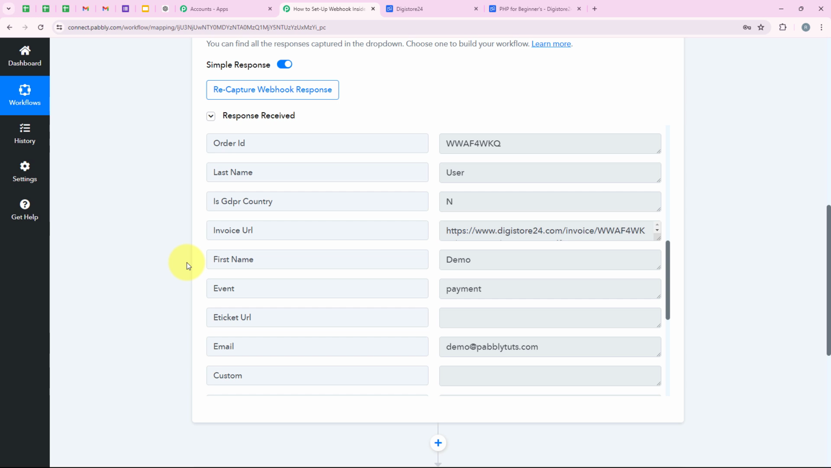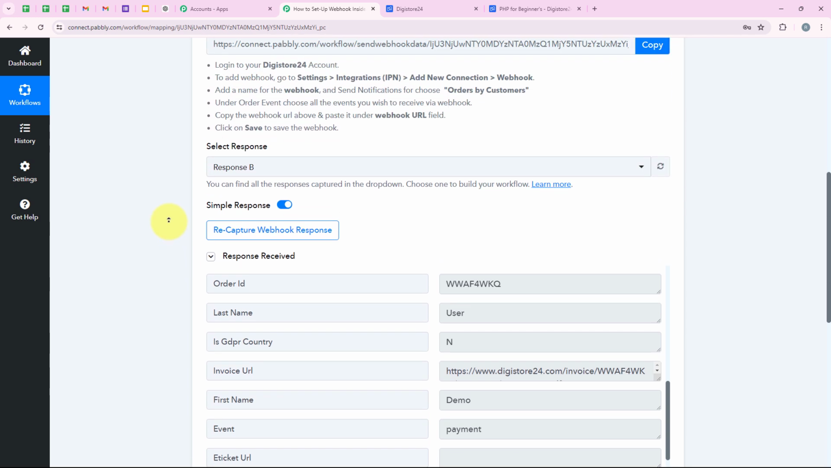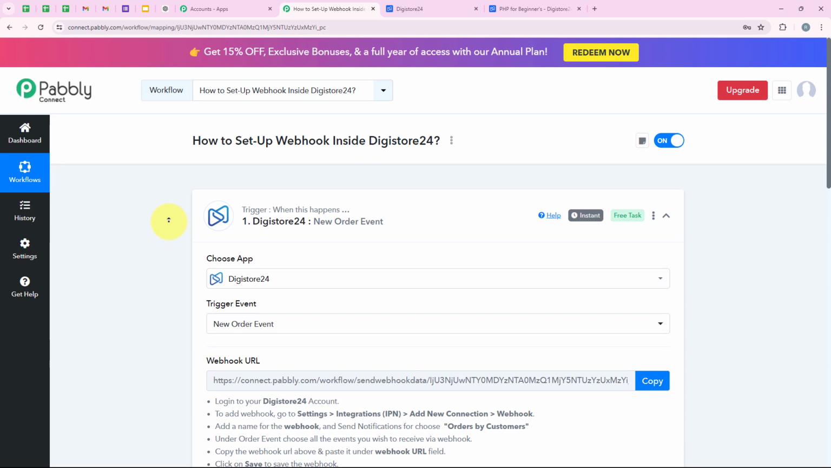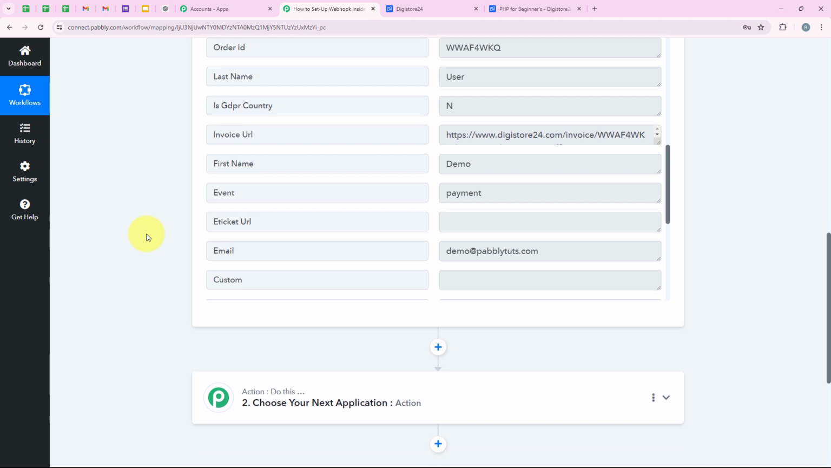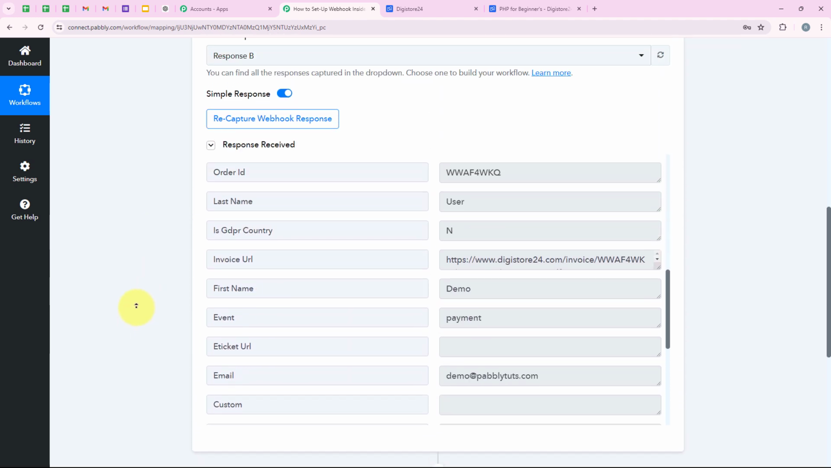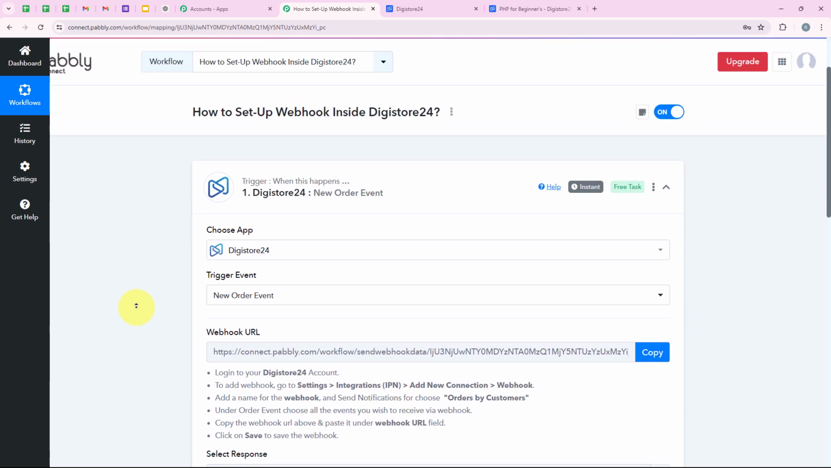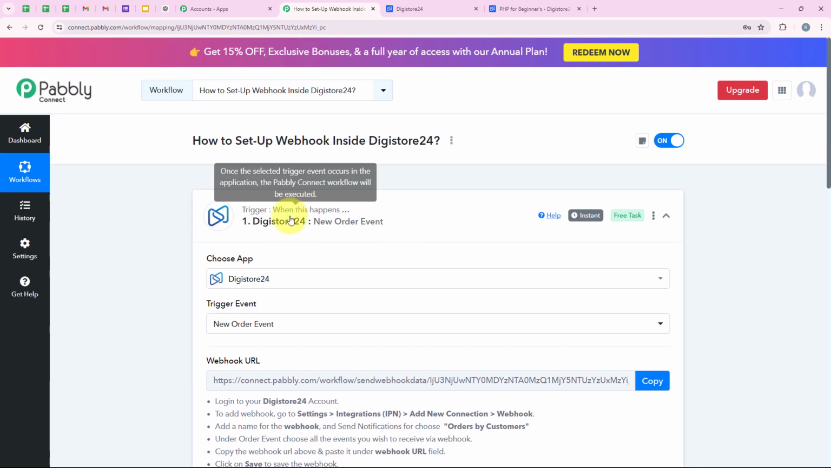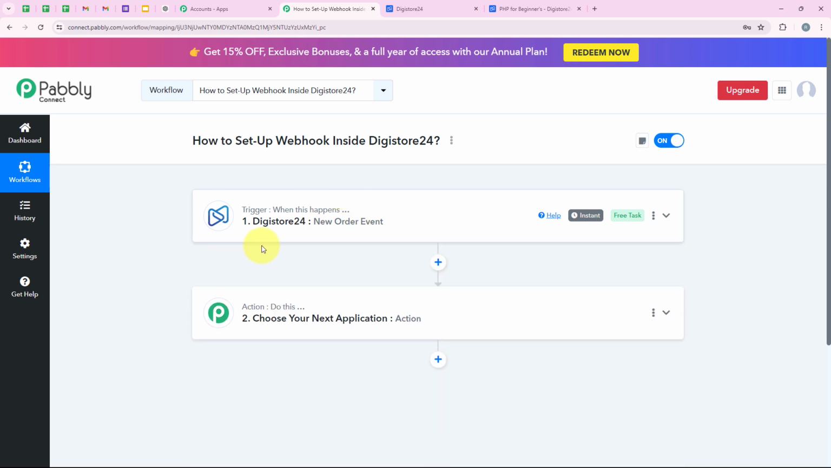So this setup is ideal for automating your tasks like updating your CRM with new sales data or sending notification when a payment is processed. So for instance, when a new order is placed in Digistore, Pabbly Connect can automatically update your CRM or trigger the follow-up action, streamlining your workflow and improving the efficiency. So you can add any other action application right over here to which you want to send the data received from Digistore24. So now this was it for the video, and we have successfully created a connection between our